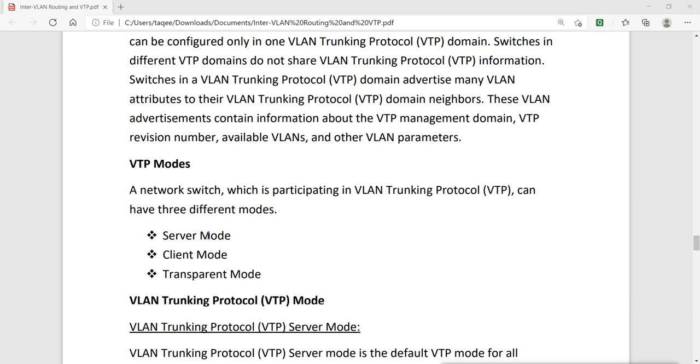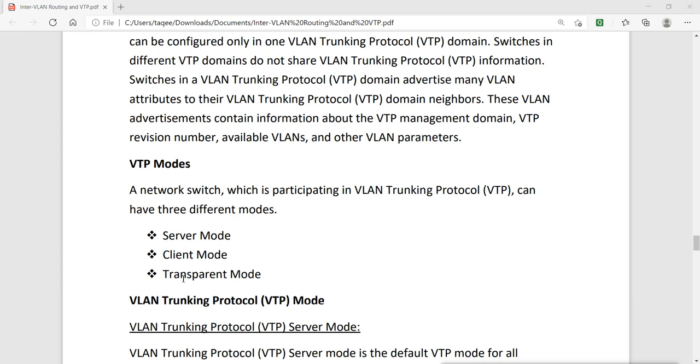On client switches, we cannot create or delete VLANs; they get the information from the server switch. This can also be a problem: if you mistakenly delete a VLAN from the server, it will automatically be deleted on all the clients.